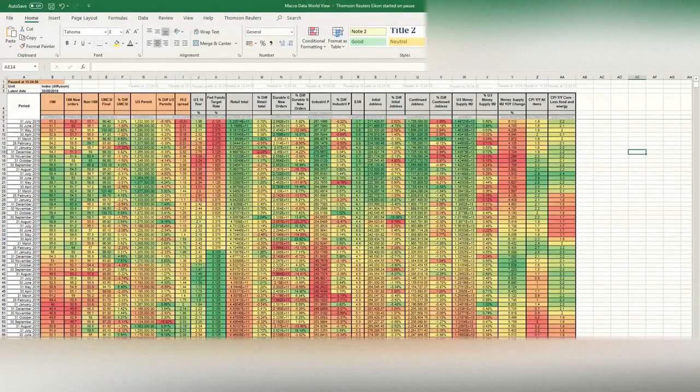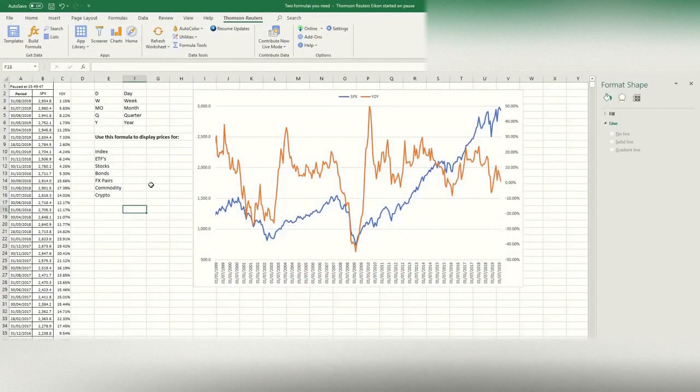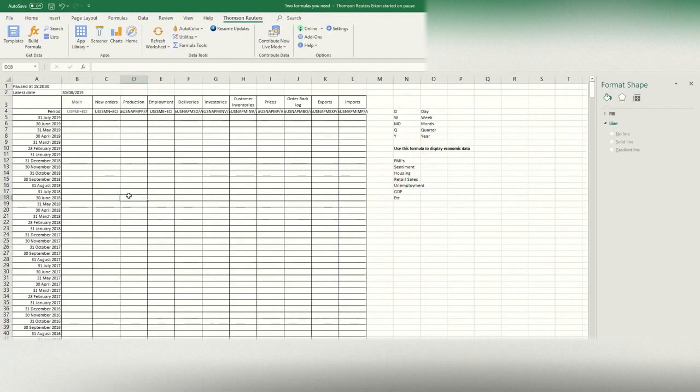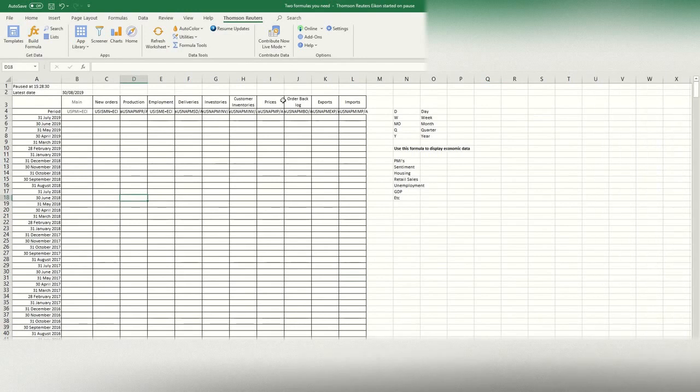Right, so that's for live prices, but now we want to see for economic data as well. So if we go to sheet 2, this is the second formula you need to see. Okay, so this is the formula to display economic data. Again, take note of what